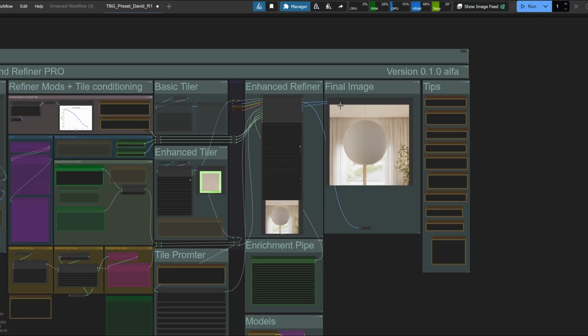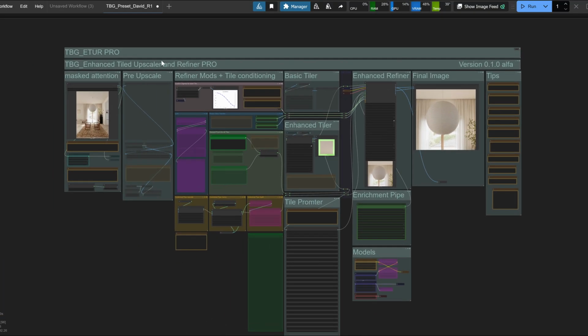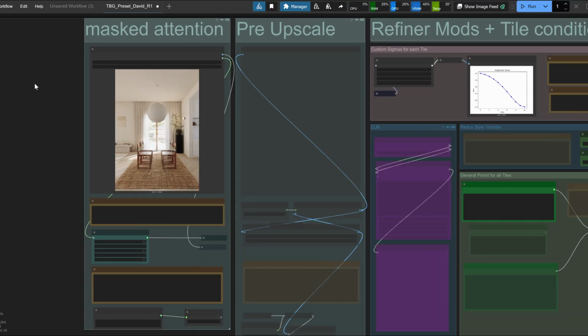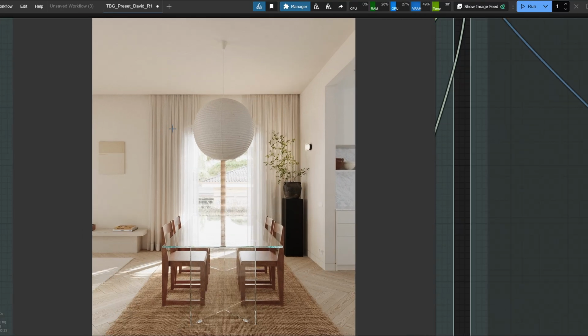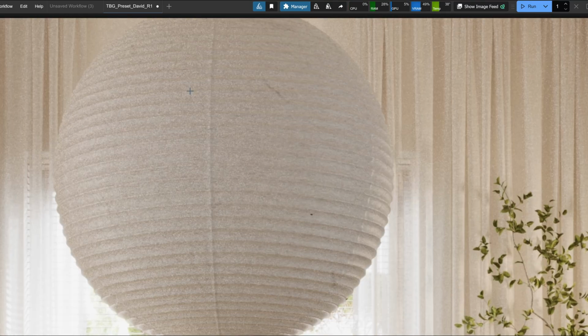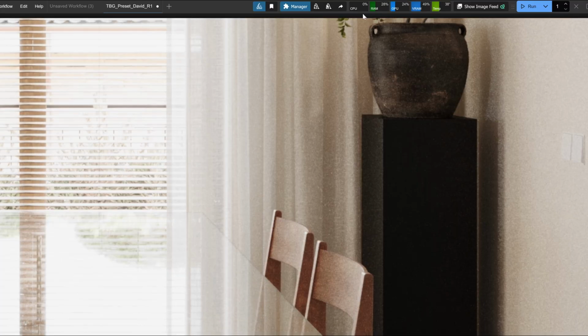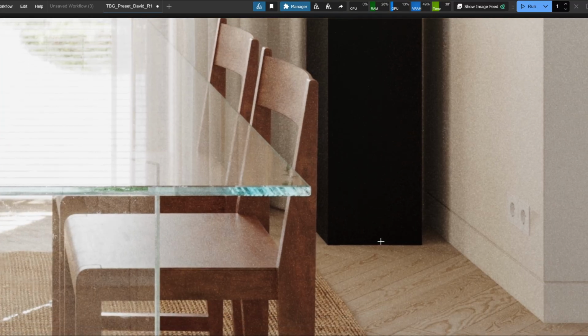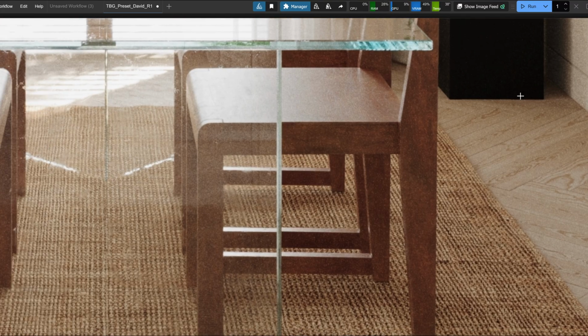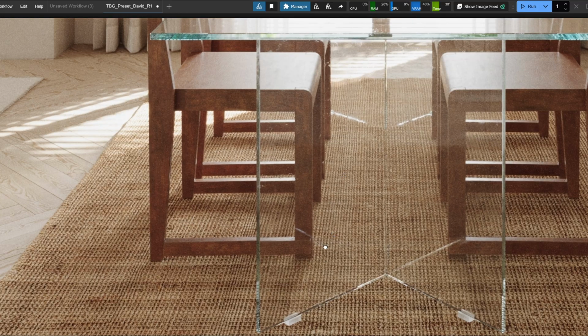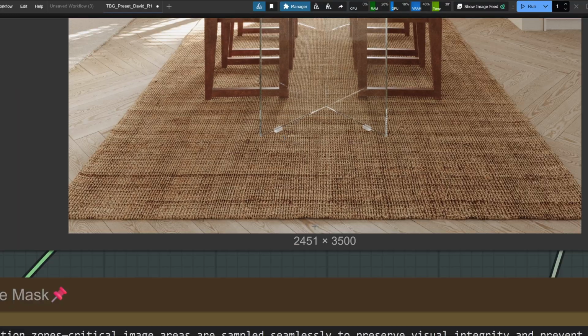Let's begin by setting up the mask detection node. This node is designed to address some common issues with tiled upscalers. Take a look at this 3D image, courtesy of David, a truly talented 3D artist. As you can see, the render has the typical noise and grain commonly associated with Corona renderer. Grain and noise are major challenges when it comes to upscaling, so addressing them is one of the first steps